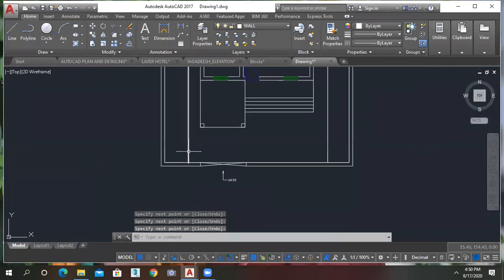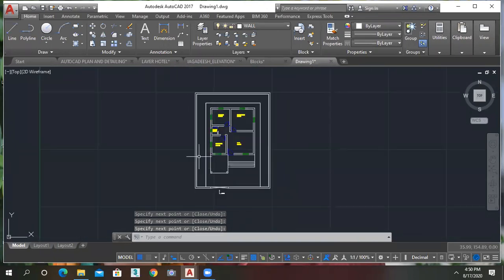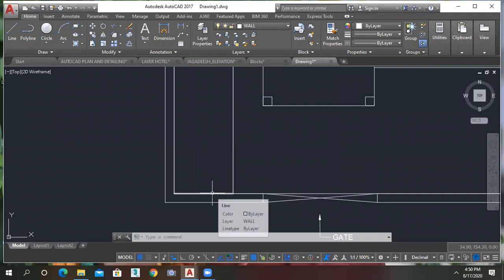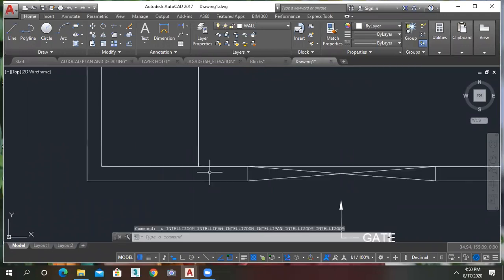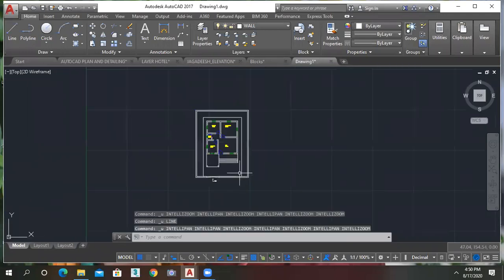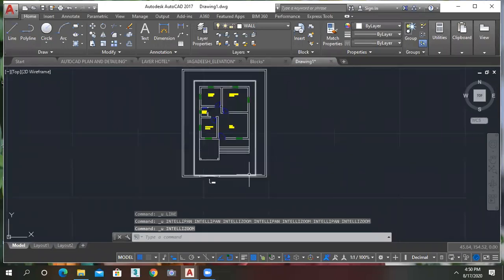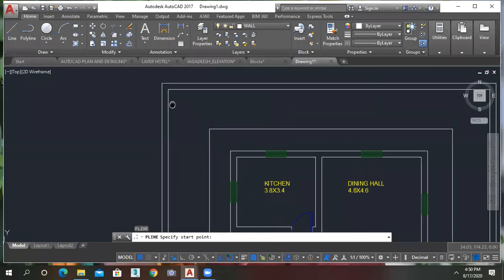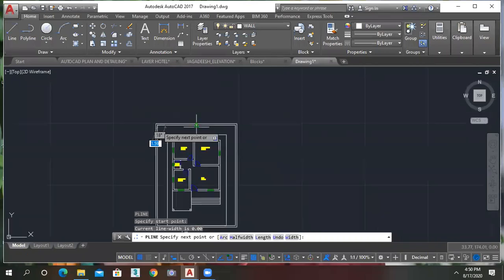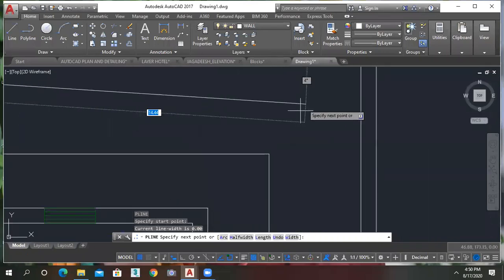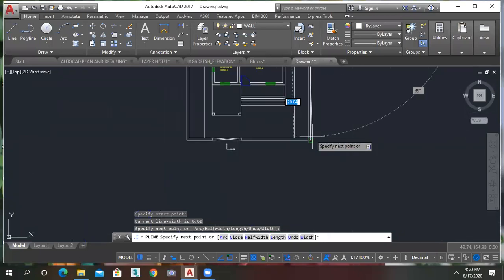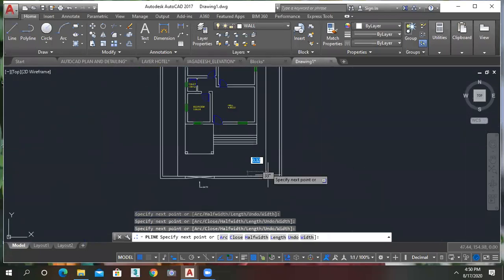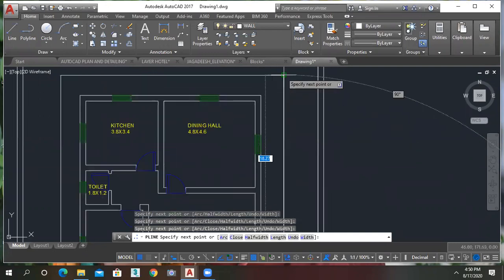I think it's not done. Sorry, Control Z. Use the polyline here, PL. By using the polyline, you can separate the green portion.